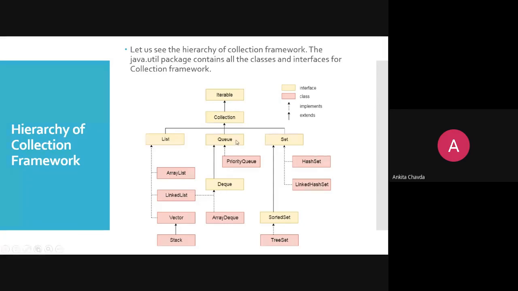And why is this Deque, Queue interface also there? Because Deque extends Queue, right? So these interfaces are implemented by LinkedList. The List interface is implemented by ArrayList, and Vector is also using this List. Internally they use different interfaces, like Vector is using Enumeration, and ArrayList is using the Iterator interface, right? So that is the difference. But these are the main interfaces that they are implementing. This is the hierarchy.